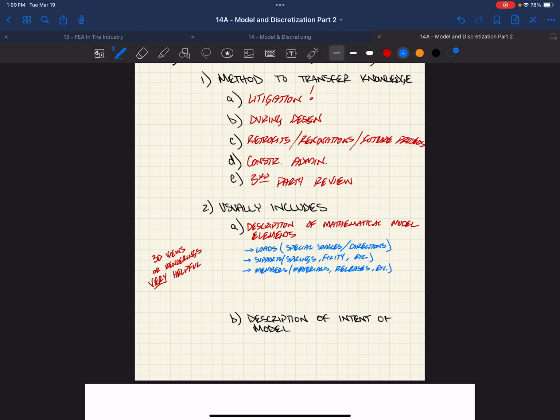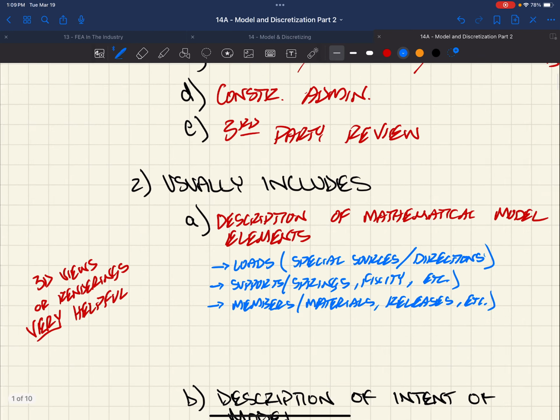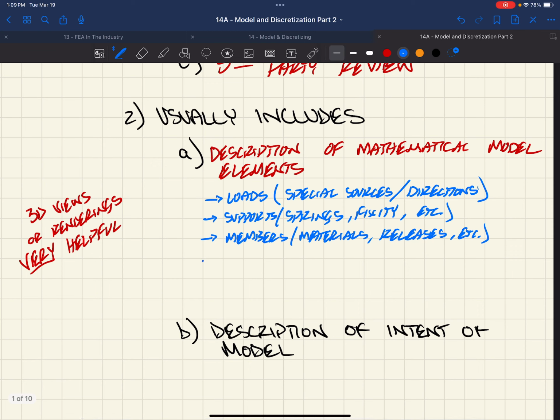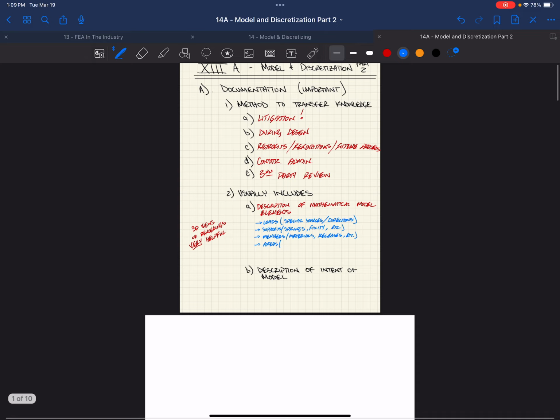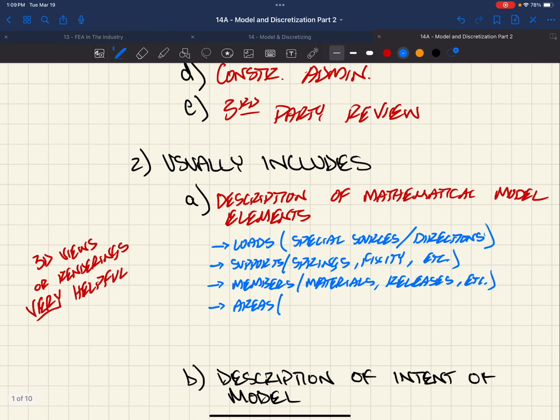So if we go back down here, we're going to add areas. As I mentioned yesterday, there's a huge benefit to using areas. And fortunately, the last time I taught this class, it was functional, but it wasn't functional in an analysis sense in the educational version of VA. And so lucky for us, Adam was kind enough to change those capabilities of VA, so now we can use them and mesh them. So we have areas,